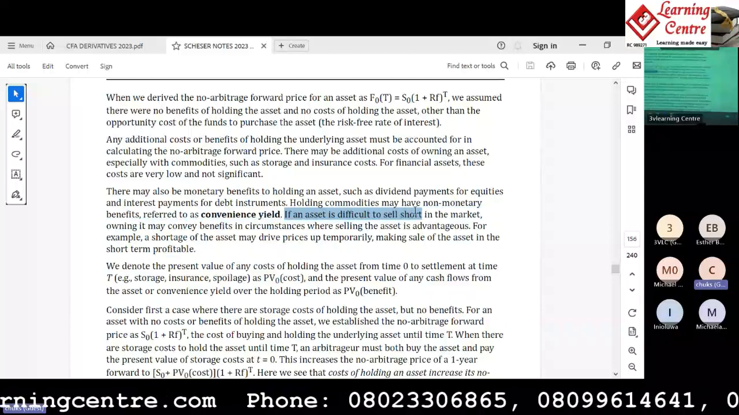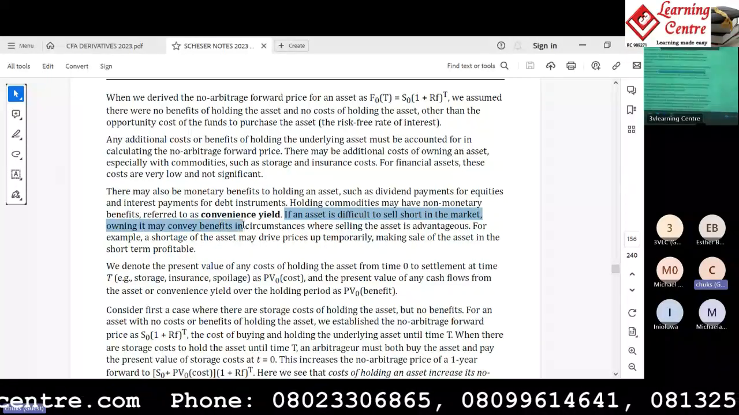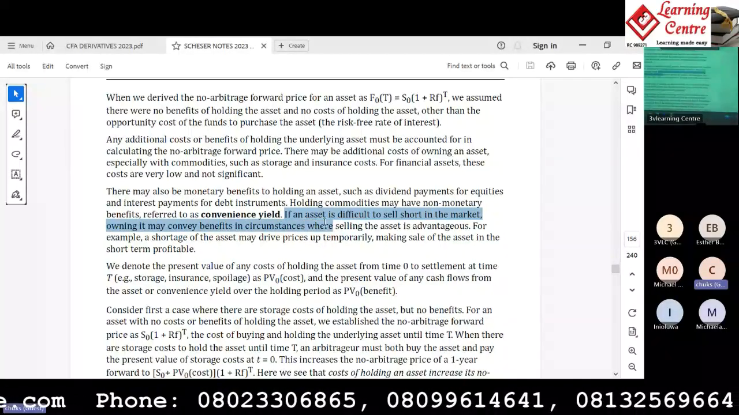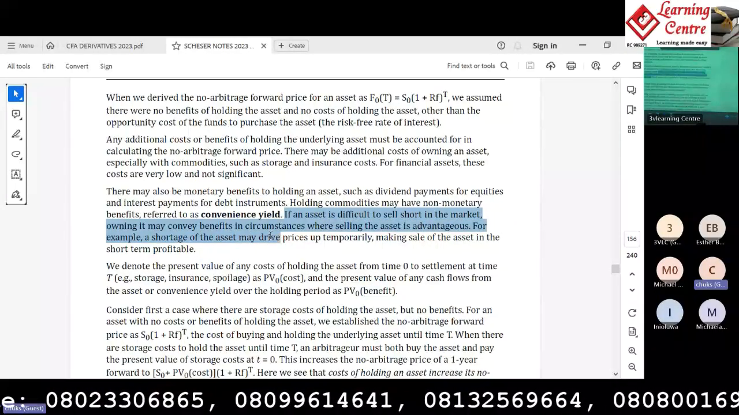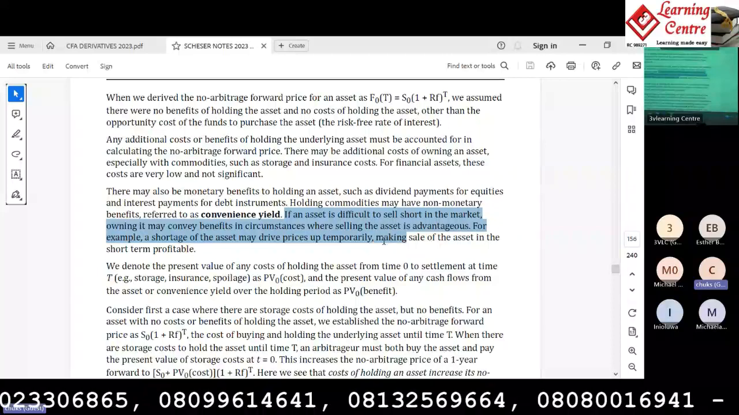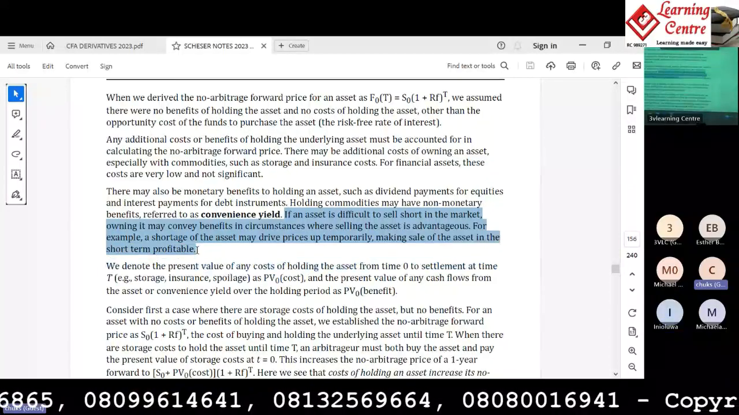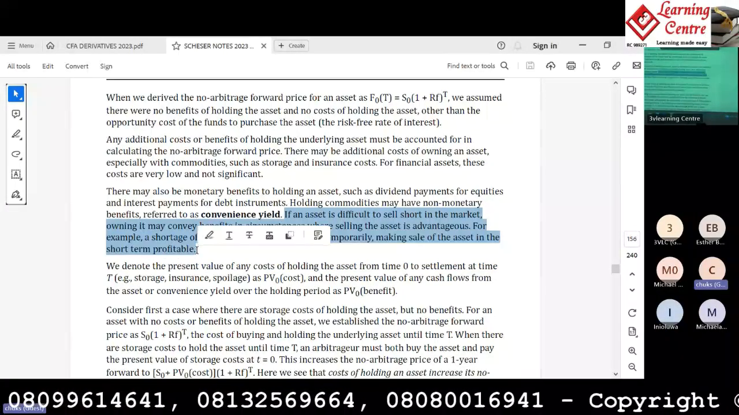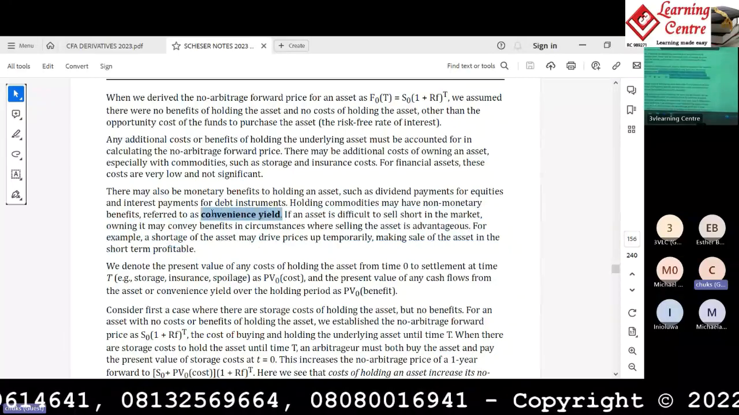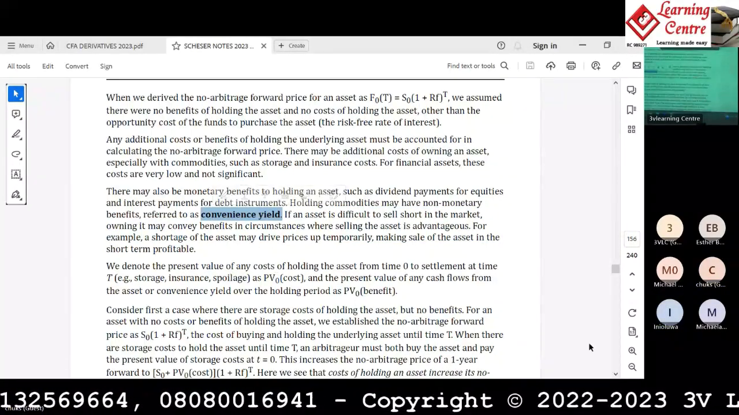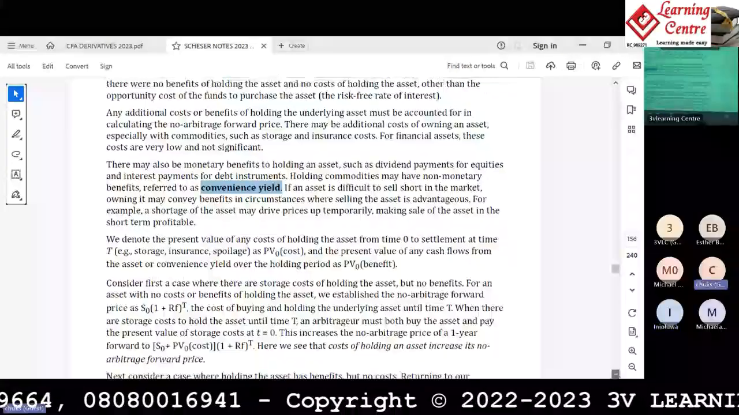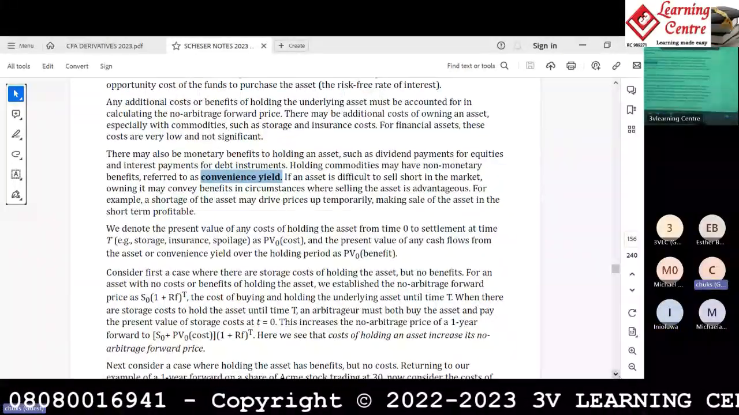If an asset is difficult to sell in the market, owning it may convey benefits in circumstances where selling the asset is advantageous. For example, a shortage of the asset may drive prices up temporarily, making sale of the asset in the short term profitable. What you just need to know here is that the convenience yield is the non-monetary benefits. That's all you need to know. Okay? So we have said that,